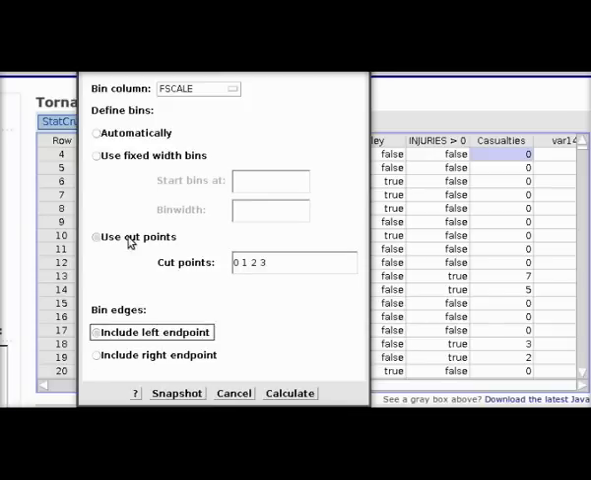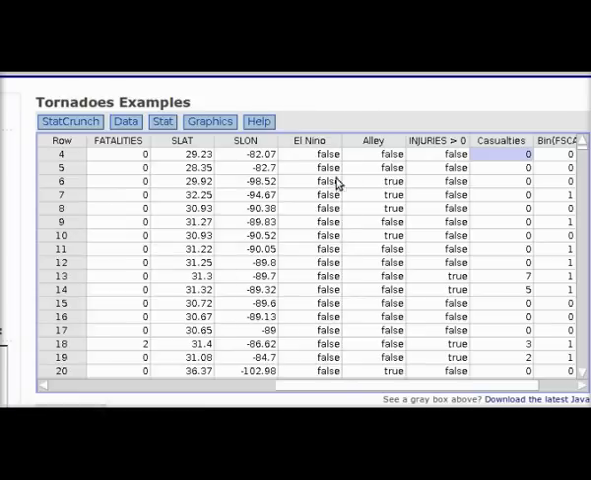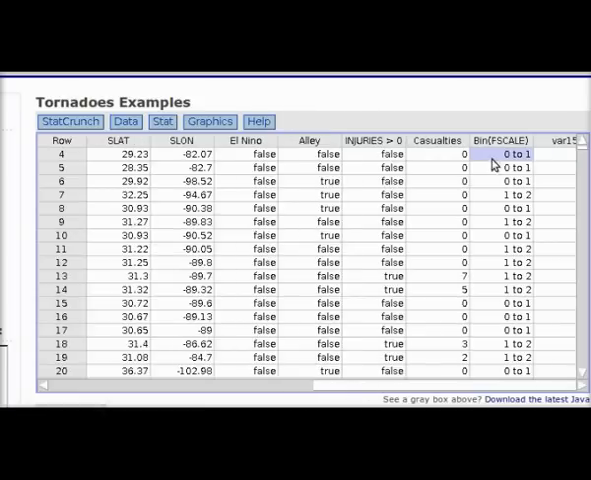And what's going to happen is that any F0 tornado would fall into the category of a 0 to 1 tornado, and it would be placed there. Any F1 tornado would then have to be included in the 1 to 2 bin. Any F2 would be in the 2 to 3 bin. Any F3, F4, F5 tornado would all be in the 3 or above bin. So from here, click calculate,